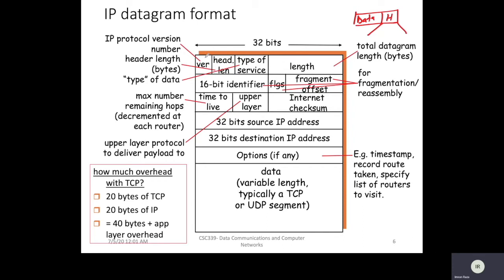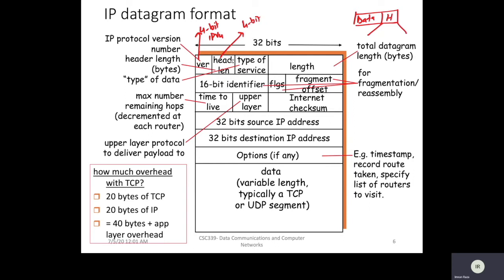So first of all, the first field is called the version. It identifies the IP protocol version. It's a 4-bit field, and it is used to identify the protocol version, which is IP version 4 at the moment, because this IP datagram is of IP version 4. And this helps the router decide how it will deal with the IP datagram of a specific IP protocol. And then we have the next 4 bits